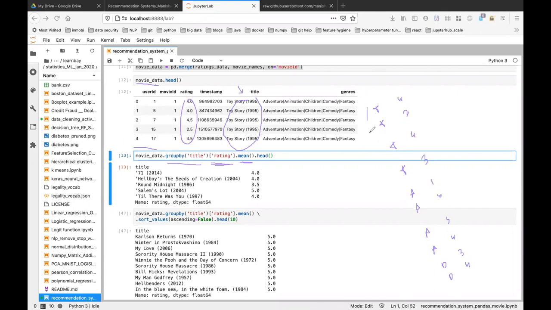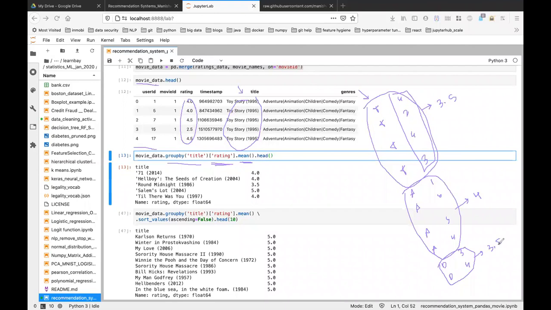When you group them, you're grouping like this: one group based on the title, another group based on the title, and another. What you're doing is finding the mean of these. Let's say the mean of this is 4, and the mean of this is 3.5. So this piece of code is grouping all the titles and finding the average rating of those titles.